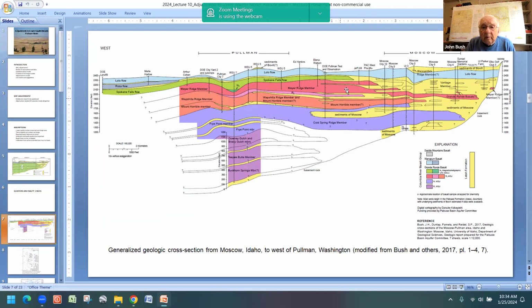The flows are what we call relatively horizontal. They're not deformed. The biggest piece of evidence from this central area is this Lolo. There's an amazing amount of evidence that shows there's not any water getting through this uppermost flow down into the lower aquifer system. We could even jump over into Moscow, outside of the central area, where we have what